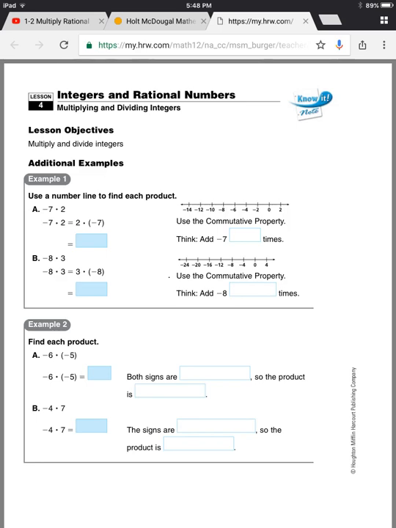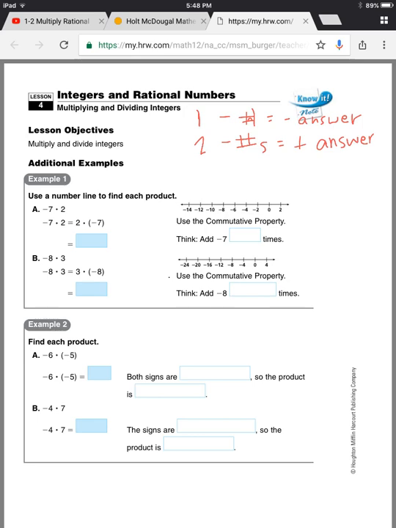Today we're going to talk about multiplying and dividing integers, or negative numbers, either way. But negative integers include positive numbers as well. So if you have one negative number, you're going to get a negative answer. And if you have two negative numbers, you're going to get a positive answer. Okay? So let's look at